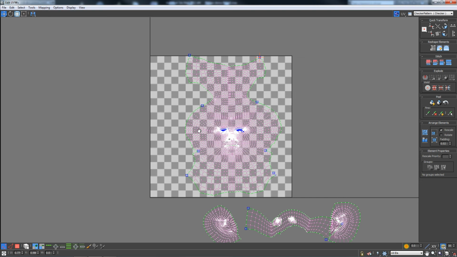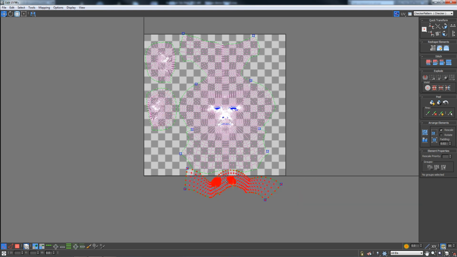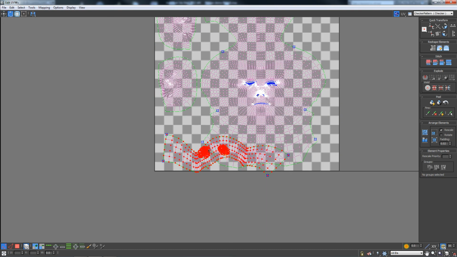That's where my trigger was. Originally it was right there, and that's still where it's hitting. I just scaled it. Okay. Now it's